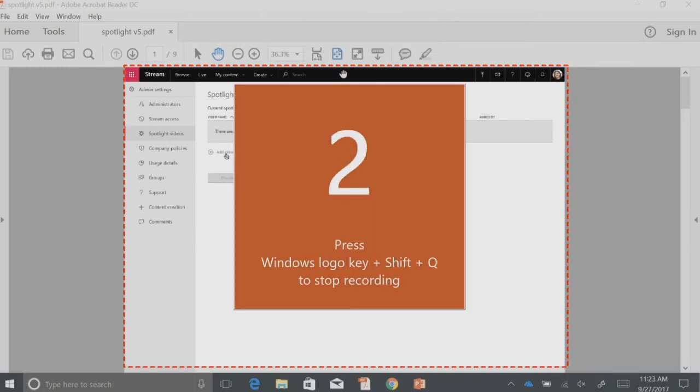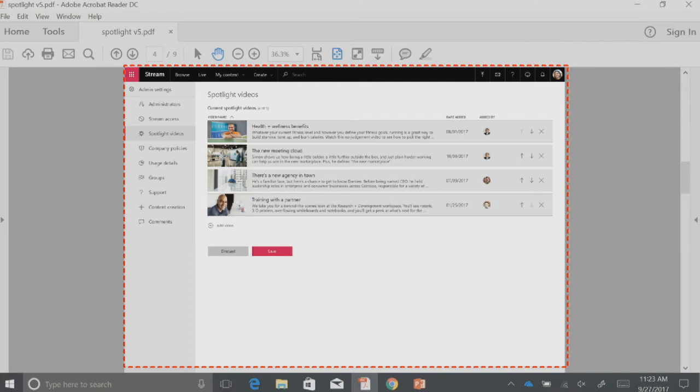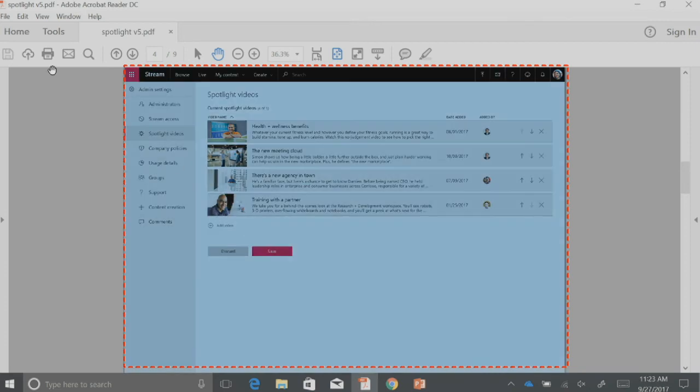As I record, it will also record my voice. And what I can say is, hey, to add a Spotlight or Spotlight a video, you can simply click on add a video. Then it brings up the search box. And then you can type in the search term and you can find the video in Spotlight. Then you can choose multiple such videos, order them, and then you hit save and you are done.